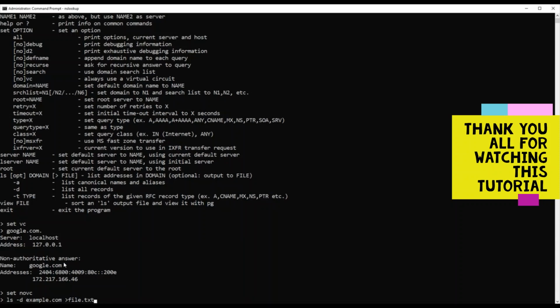Basically, it's a zone transfer request or an AXFR query that goes to the other server. If zone transfer is not allowed, then it will be denied there itself, right? So make sure that it is allowed on the other end. So this is, I would say, a cool option that we have with NSLOOKUP.